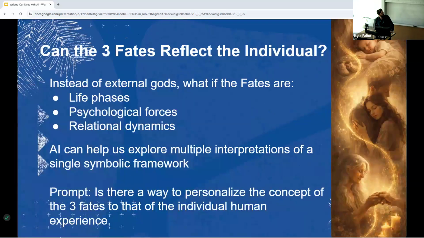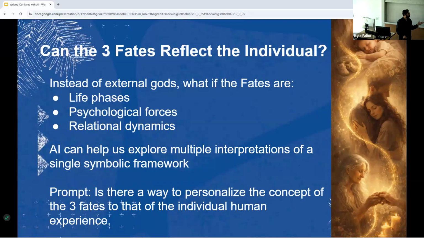And so I think this is about where we left off last time, which is, okay, well, can the three fates reflect the individual? So yes, we use the three fates in this mythological setting, and the three fates are describing humanity in a way, but can we then bring it to the individual person? So instead of these external gods, what if they are phases of life? They're psychological forces, they're relational dynamics.